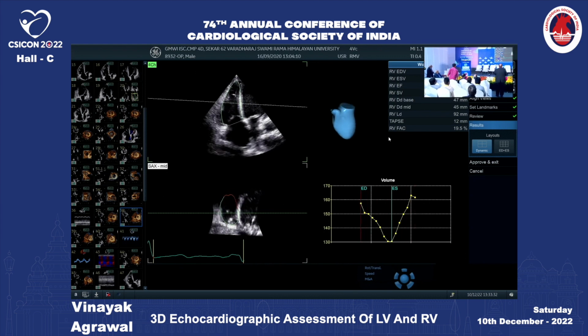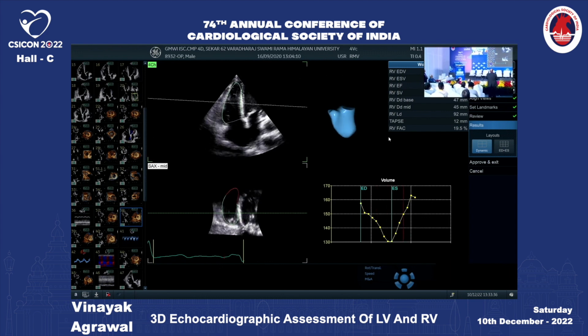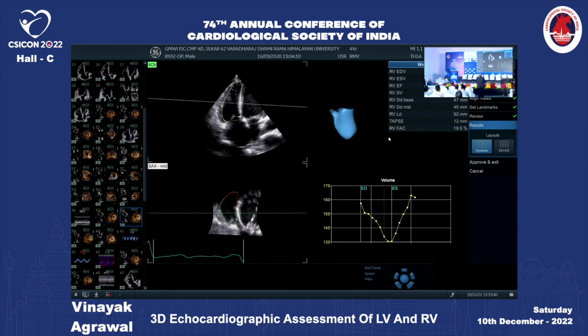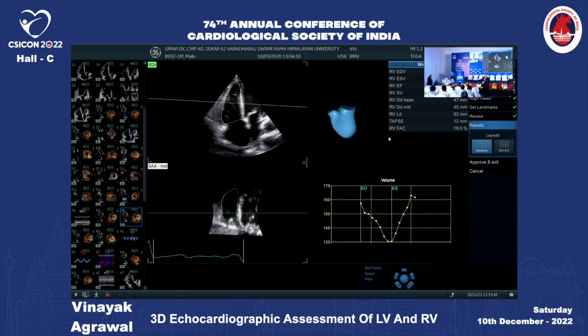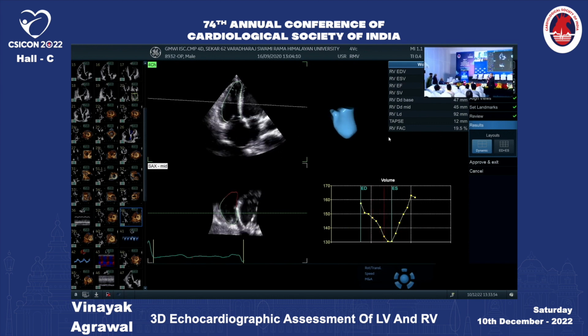See here, for example, if you are looking at this RV wall here, sometimes this could be an artifact, and this is the RV wall behind. This happens many times, especially when you are doing strain. You have to be very careful because you can get an artifact from the top which mimics the RV free wall when the RV free wall is behind it. So that's something you have to be very careful about when you do a 2D examination for strain